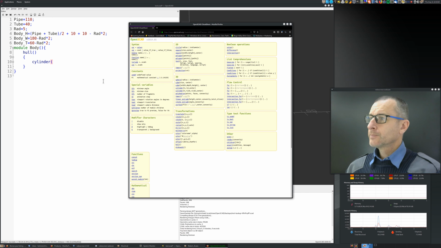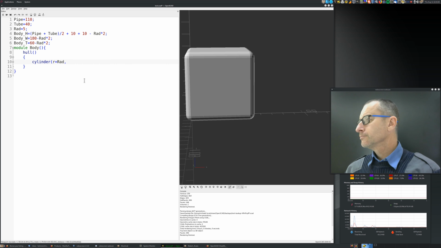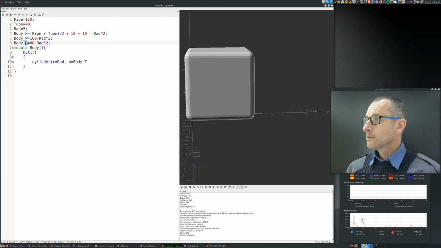Right. So I'm only going to use, in this case, one shape, and you can use D for diameter, or you can use R for radius, and R equals RAD. That's our little thing, comma, the height, H, equals body underscore T, which is this number here, and